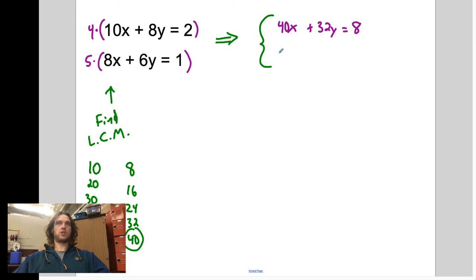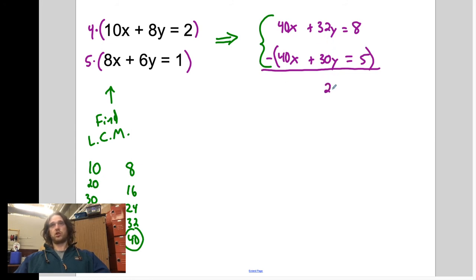The bottom equation will be 40x plus 30y equals 5. So I've multiplied all these terms by 5, all these terms by 4. We can now subtract. 40 minus 40 is 0, 32 minus 30 is 2y, and 8 minus 5 is 3. So y is equal to